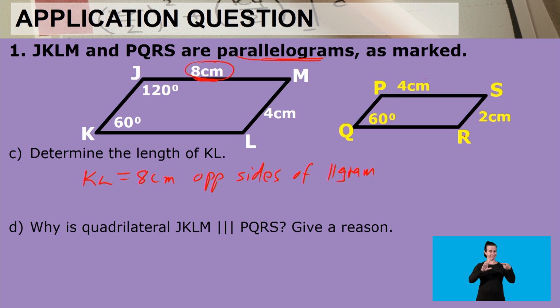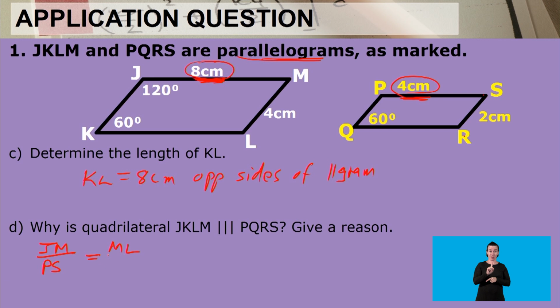And then D, why is the quadrilateral JKLM similar to PQRS? Let's look at it together. You would see that side JM corresponds with side PS, and look at the values. We are given 8 centimeters for JM, we are given 4 centimeters for PS. Let's do what we know best, which is write them as a ratio. So JM divided by PS should be equal to